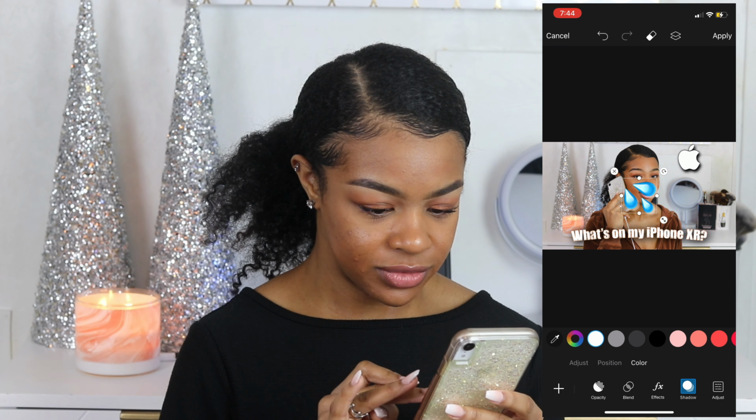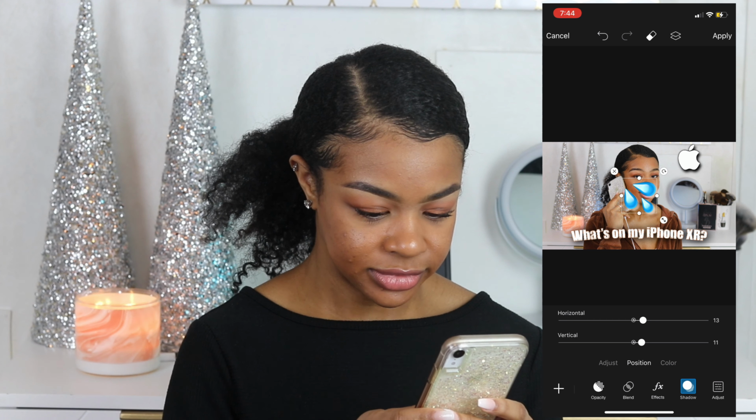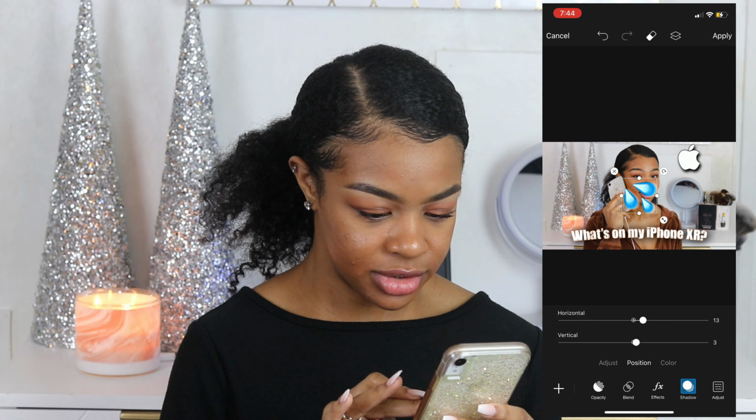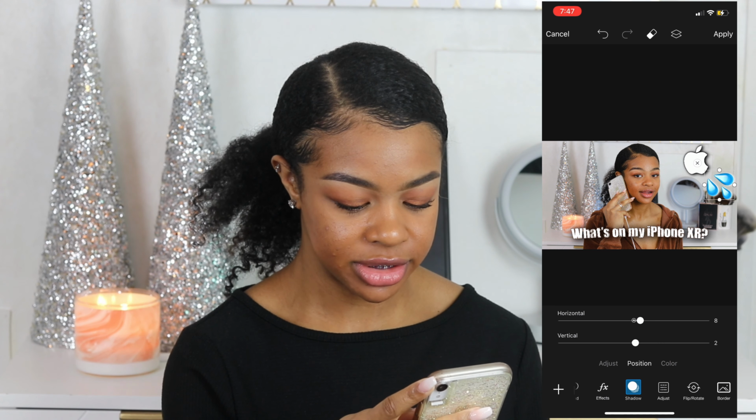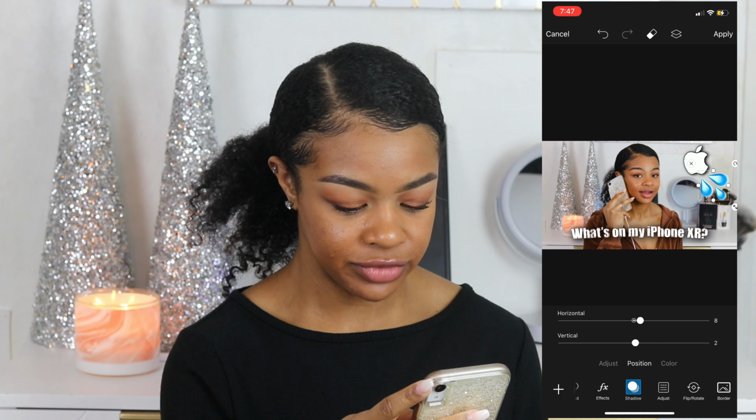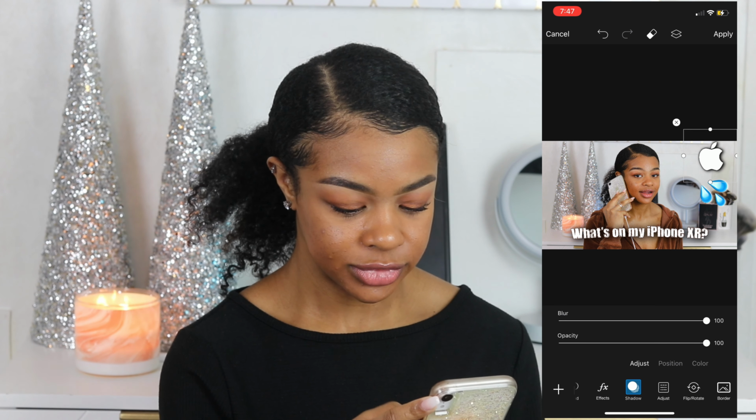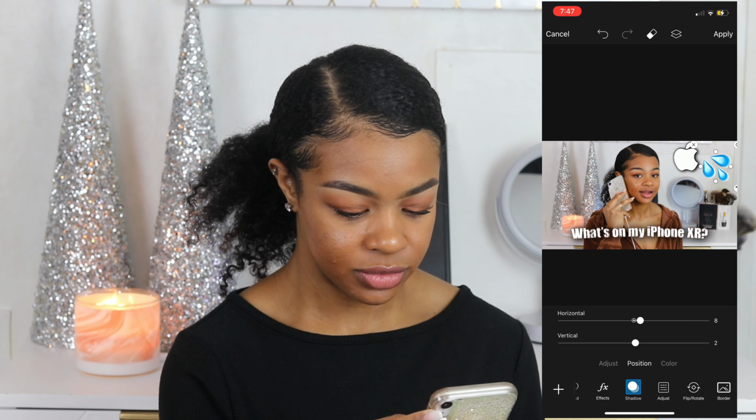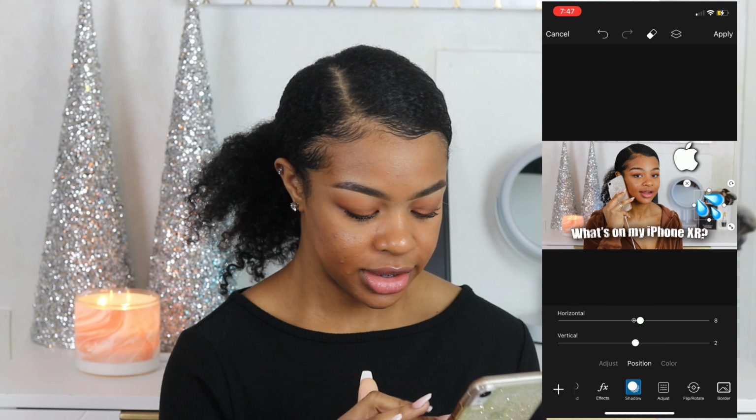Okay, I think we want the shadow on this one to be white because I feel like the white stands out a little bit better with the blue. And sometimes you have to play with the placement, depending on how you want everything to fit, where you want it to be. So, I think I'm gonna put the Apple here. The water emoji down here, and